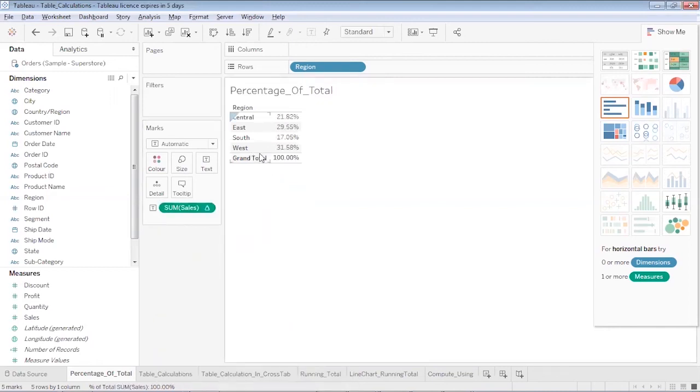So if the grand total is 100%, then 21% of the sales is contributed by the central region, 29% by the eastern region, 31% by the west, and 17% by the south. In this way, I can represent my data as a percentage of the total. That was a very basic example of using a table calculation.